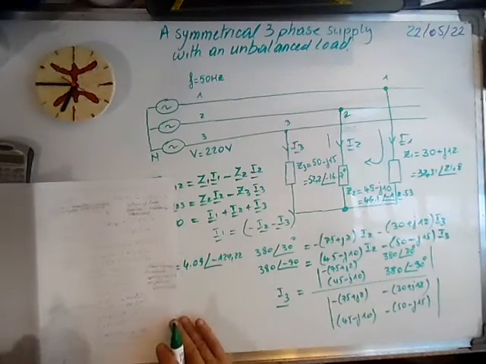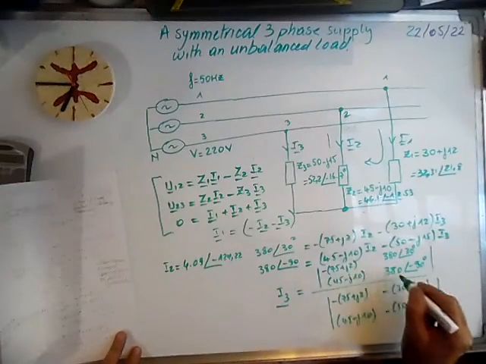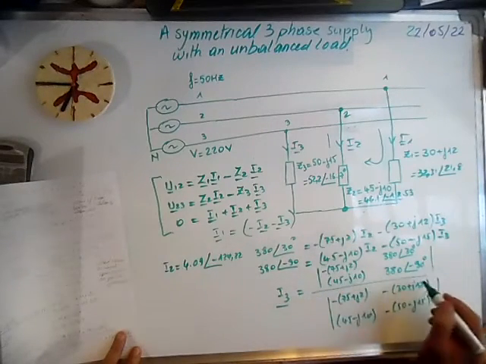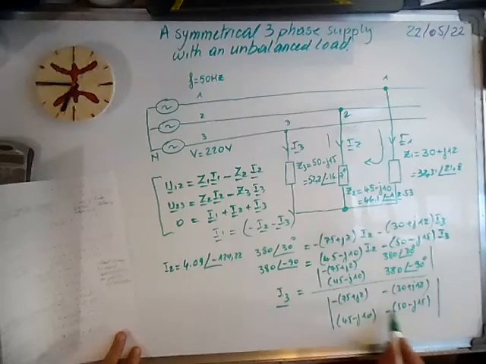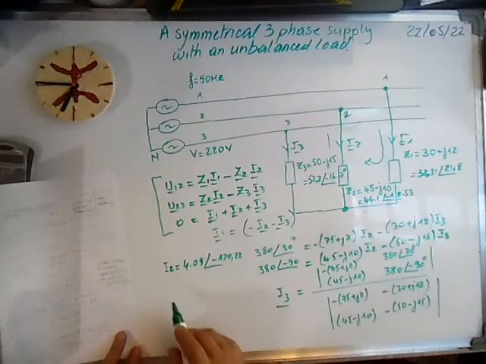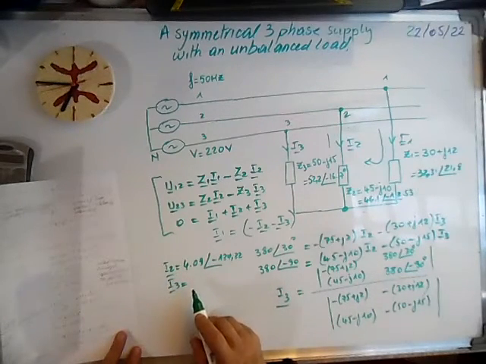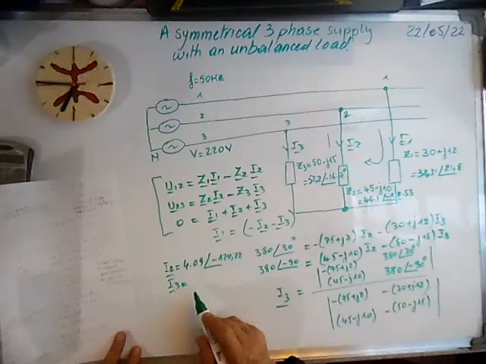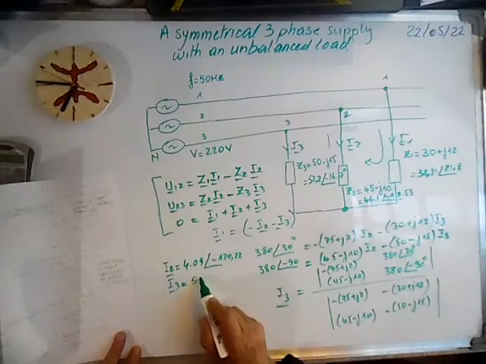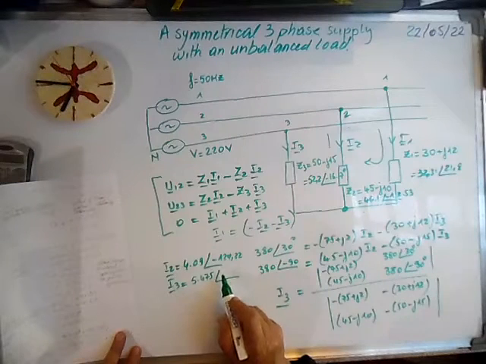So the result of I3 is this times this minus this times this over this times this minus this times this. So I3 is 5.475,